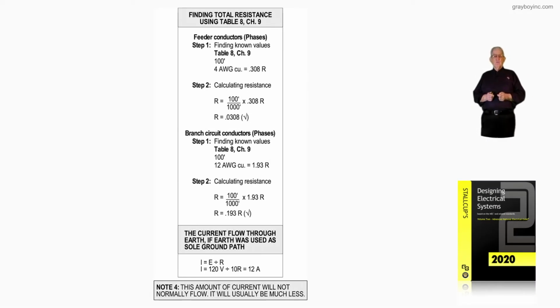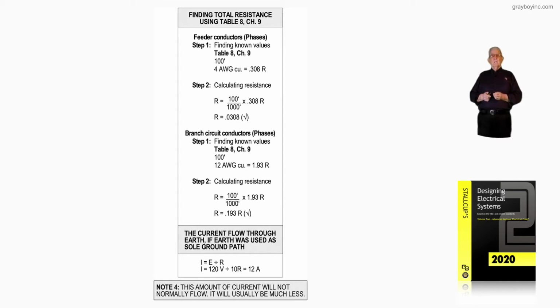Now, reviewing this illustration, we'll review the calculation procedure using the resistivity of a conductor. In step 1, for 100 feet, we show a number 4 at 0.308 is our resistance. And then notice the resistance for a 100 foot run is divided by 1,000 feet because that's what the table 8R9 is based on. So 100 feet over 1,000 feet times the 0.308 resistivity of the number 4 conductor, we come up with a